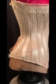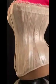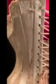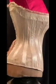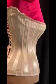Here's another Victorian corset from the Antique Corset Museum collection. Quite an unusual and exquisite example in that it has lace laid over the silk with exterior silk bone casings. It's an American corset, very likely an evening corset, possibly a bridal corset, with this beautiful blush pink silk underneath the ecru machine lace over the top, double insertion lace edge